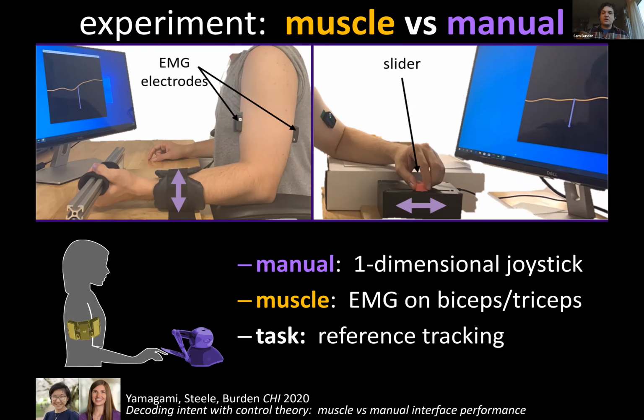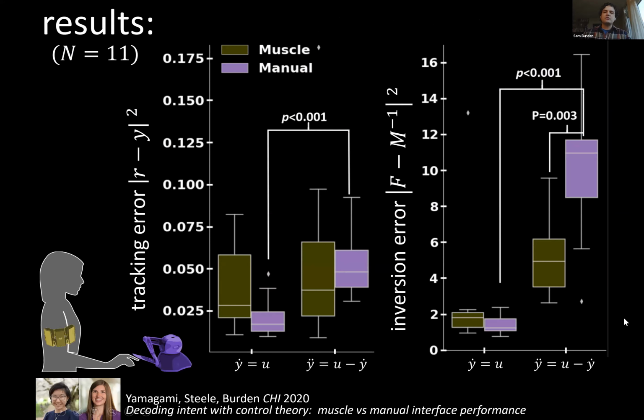My naive expectation was the EMG interface was going to be way worse, because I understand that it's noisy and you have to heavily filter the data to get anything sensible out of it. So the results we got were actually surprising in that regard. We can look at a couple different performance metrics. We can look at tracking error, so how well are they doing the task? We can also look at inversion error. So, with regard to the previous couple slides, how well is their feed forward controller approximating the inverse of the